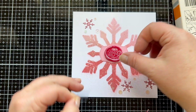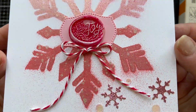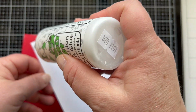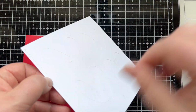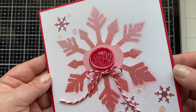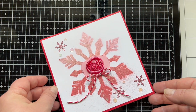So I take a little glue dot and I roll it up like a little burrito. And that is the perfect thing to stick this bow down to. And look at that card front. It is so fun. So my 6x6 card base this time is red, and I did trim this panel down so that it is smaller and can have a red border all the way around. So it's 5 3/4 by 5 3/4, and that finishes up card number 2, kind of,